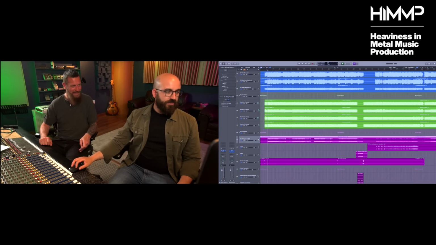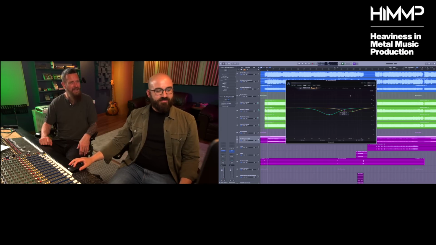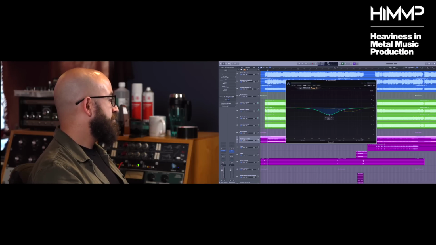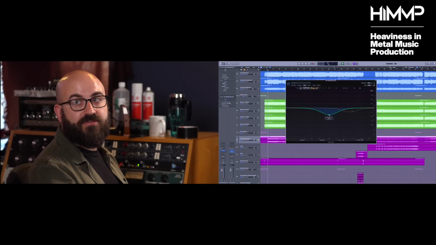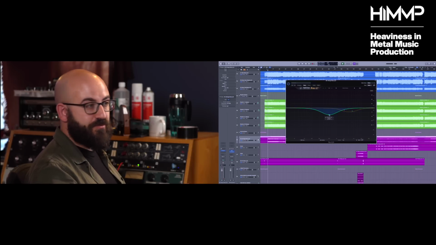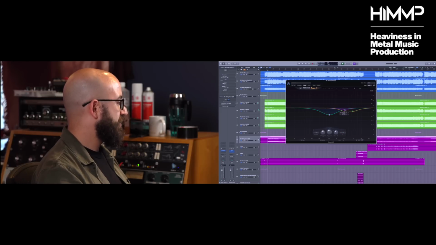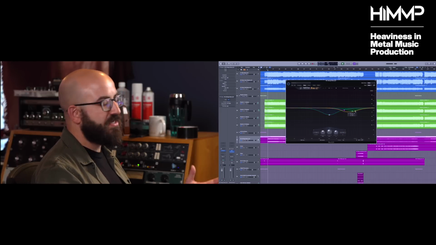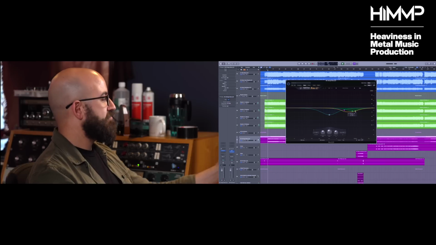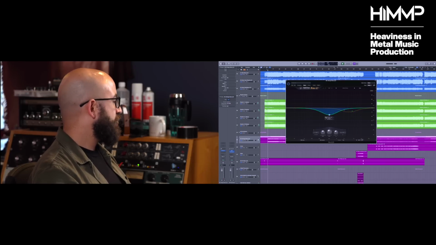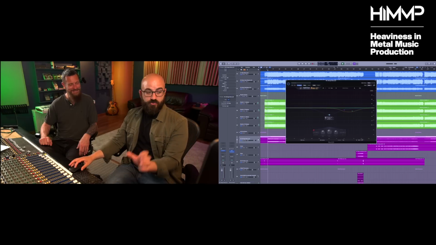But it looks like what I've done here, so there's this move that I love doing on additional production stuff, which is a mid-only cut around the 300 to 500 area, somewhere in there. And it just instantly makes things wider. It looks like I'm also cutting a bit about... As you can see, I'm more of a subtractive EQ guy. Maybe those frequencies were jumping out, this 4 and a bit and 2 and a bit. But I want to show you what the strings sound like with and without that mid-only cut.